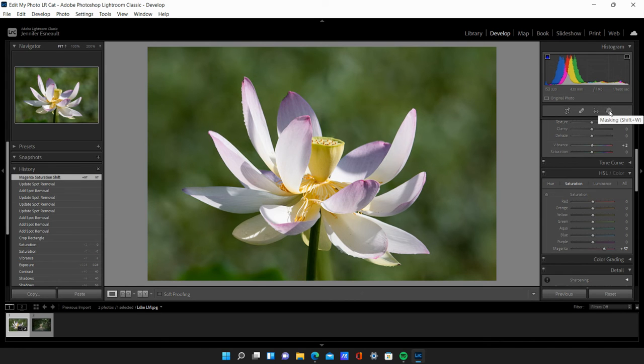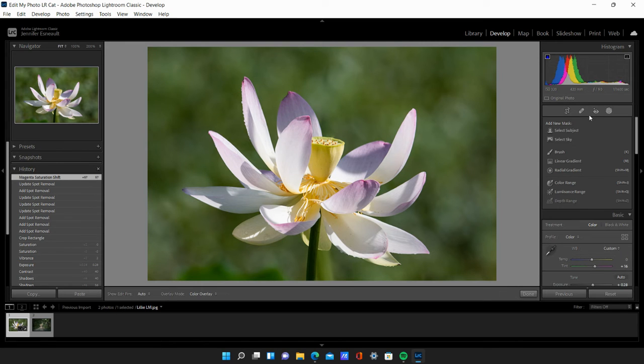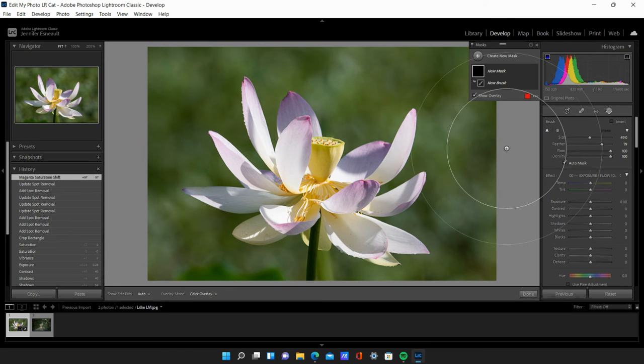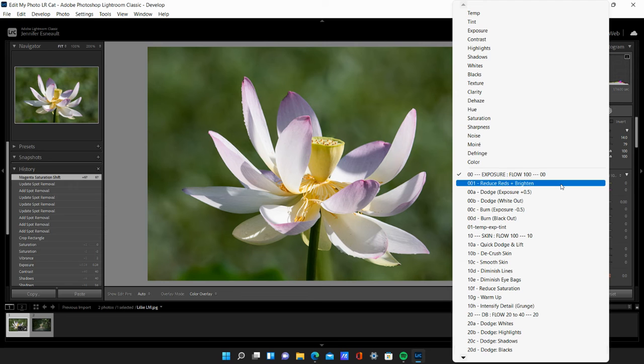So let's go over here. We're going to come over to our masking tool. You can hit Shift W or you can hit masking. And then we can just use a brush, which that is a gigantic brush for what we're doing. And I'm creating a new mask, a new brush. I'm going to come over here. Now you can purchase brush effects or whatever, but I'm going to show you just how to do this from